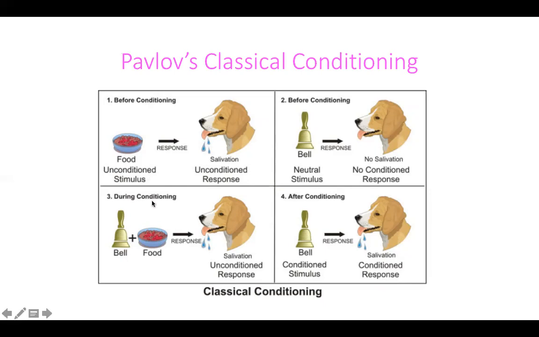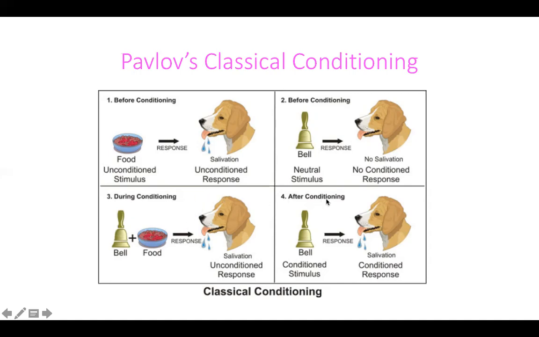All right, now we move to the conditioning phase, or if it's easier for you to think about it as a training phase, it's really the same thing. So during this phase, Pavlov would pair the sound of the bell with the presentation of the food, and of course the dog would salivate. So he would ring the bell and then simultaneously present the food, and the dog would salivate. And this phase he would do more than one time.